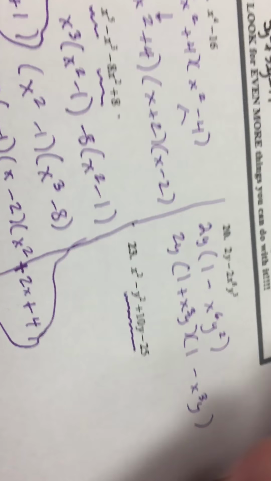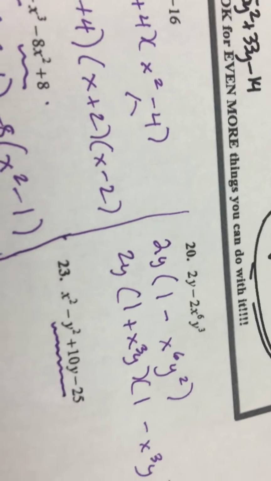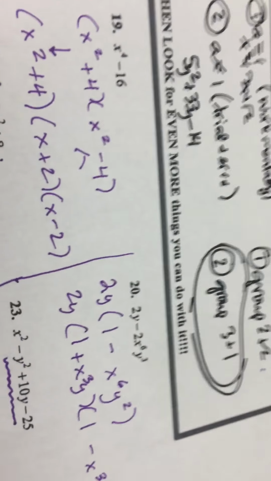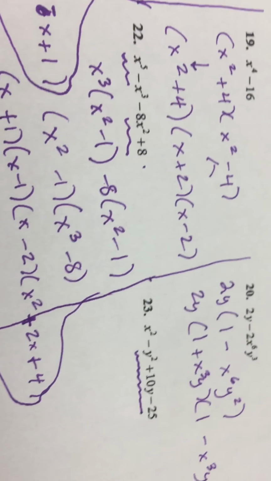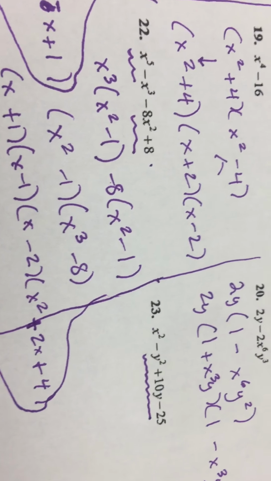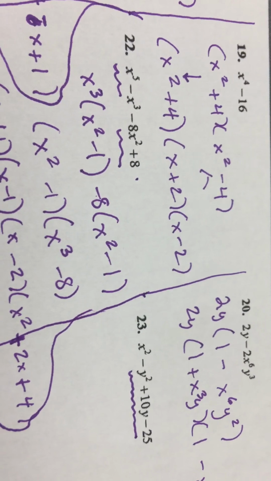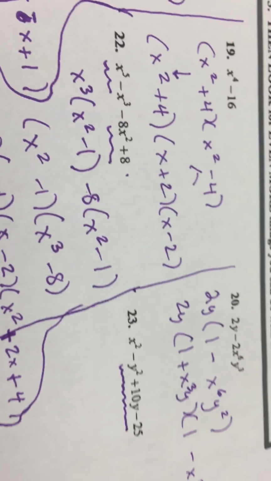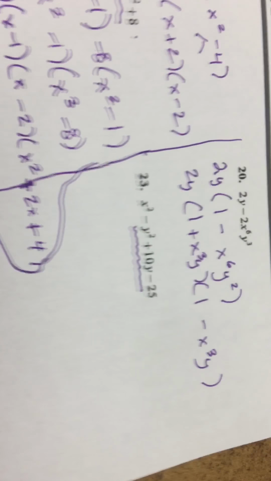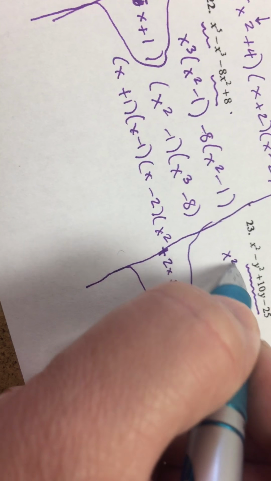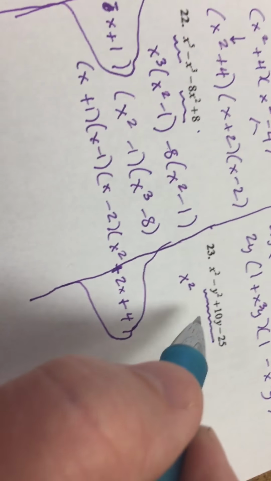Now, this is another example of the most missed problem, like number 17. So if you want to pause the video and see if you can do it yourself, you can. But I call this problem the Energizer Bunny problem because it keeps going and going and going. So there's a lot of steps to it. But if you want to pause it and try it, or if you want to see me work another one, it's up to you. So I'm going to group the last 3, and I notice the leading coefficient is negative,